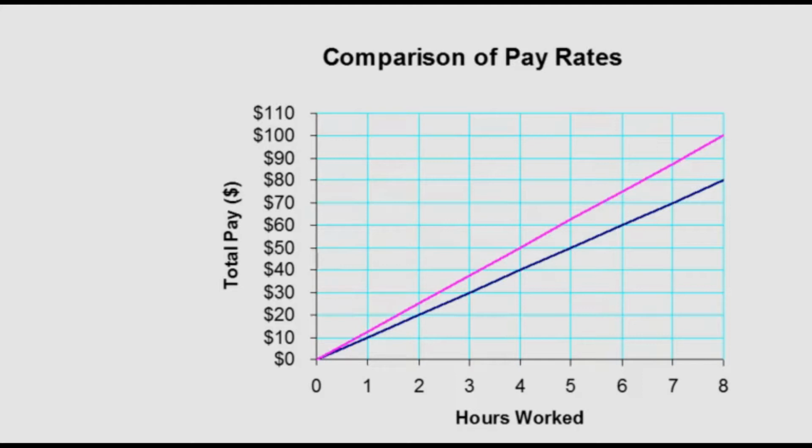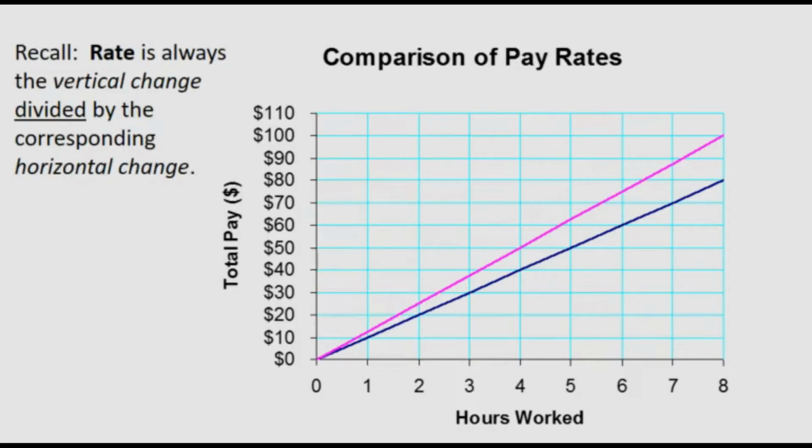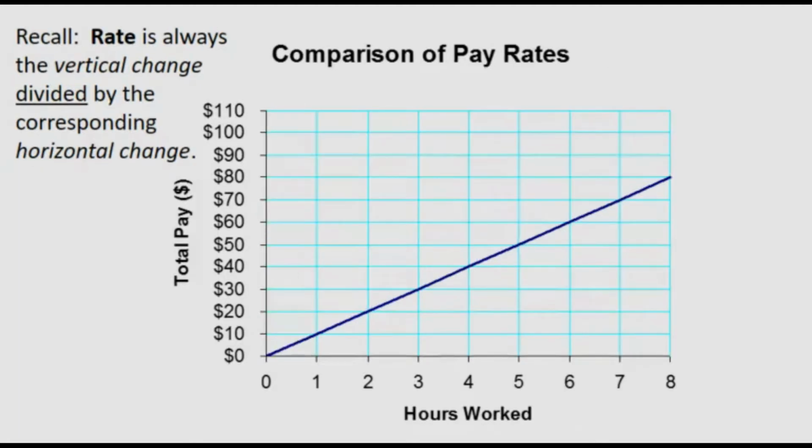By comparing the pay over a specified period of time, we compare the two rates. Note that the rate graphed with the purple line is greater, so its graph is steeper. And let's take a closer look at the rates of each of these. For the lower line, if we pick 2 points and take a look at the change that occurs, we see